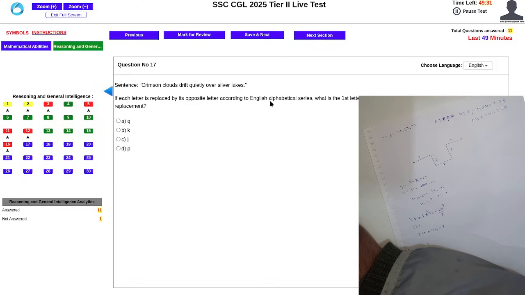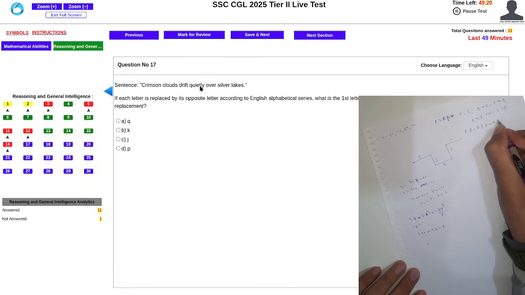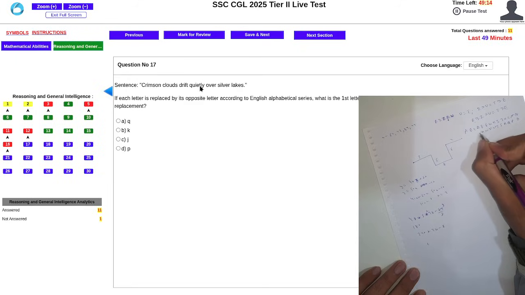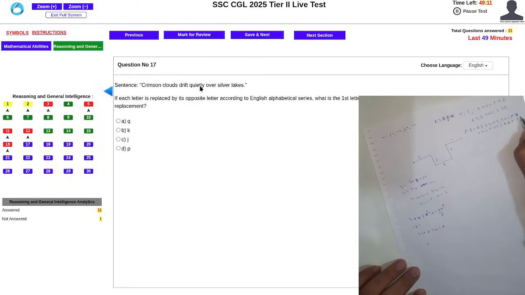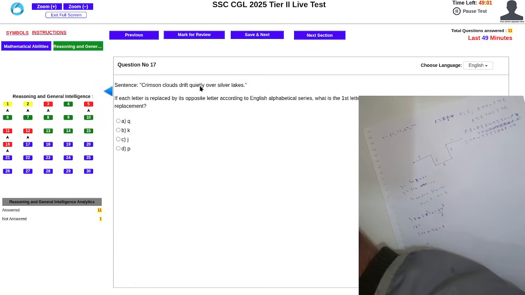What is the first letter of the fourth word from the right? First, second, third, fourth. O, B, C, D, E, F, G, H, I, J, K, L, M, N, O, P, Q, R, S, T, U, V, W, X, N, O, P, Q, R, S, T, U, V, Z. And then fourth Q out to J.